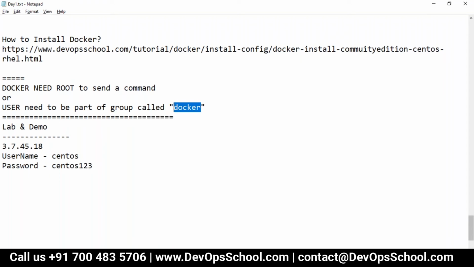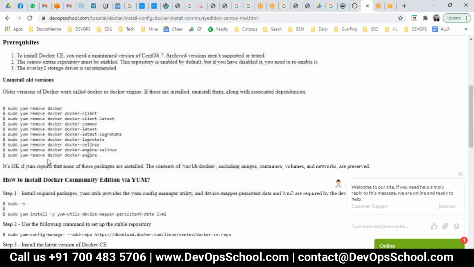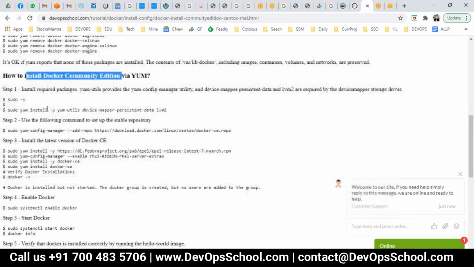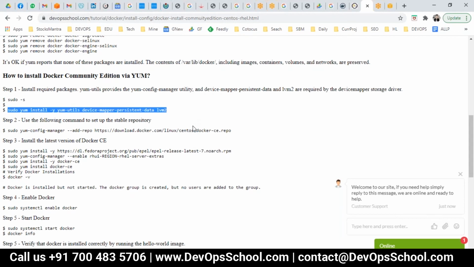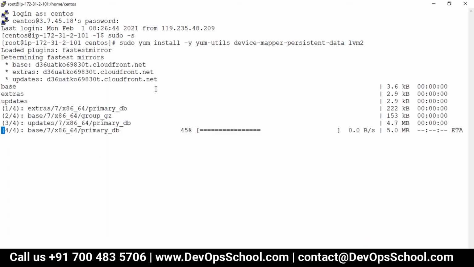So before that, I'm going to install it and then I'm going to become a root itself. So logged in as CentOS, sudo -s. I'll become a root. Okay, now first I am going to install the Docker. So let's get started. So I'm going to use this method one. I'm installing the Docker now.